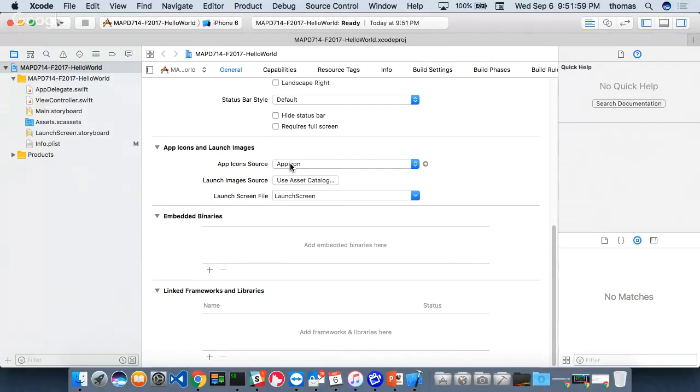My app icon source is app icon. I don't have a special app icon. I could embed different binaries. I could link different frameworks. Right now, I'm not doing any of that stuff. I'm good to go. Okay, so this side is really all your files, and this side is your inspector or